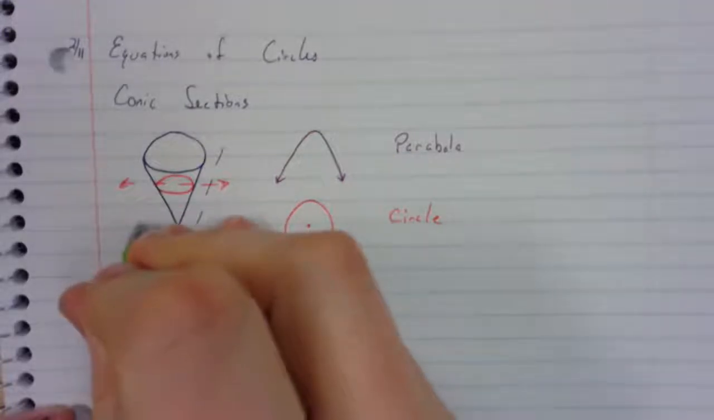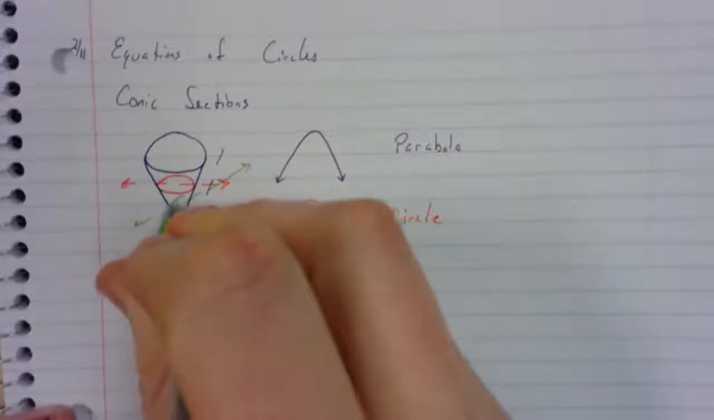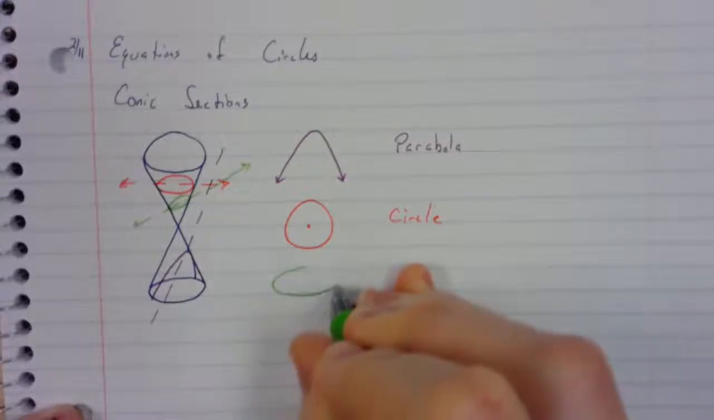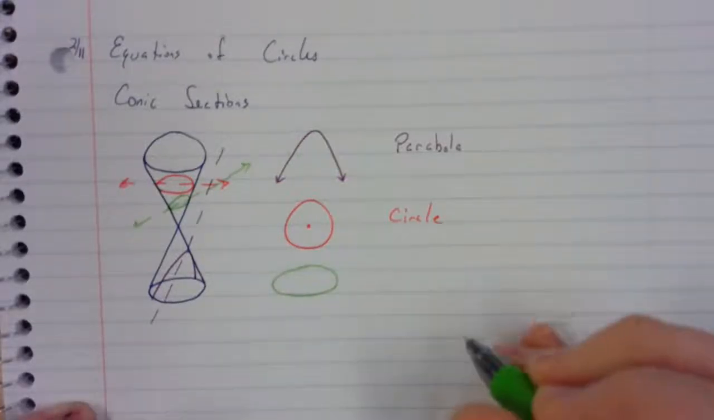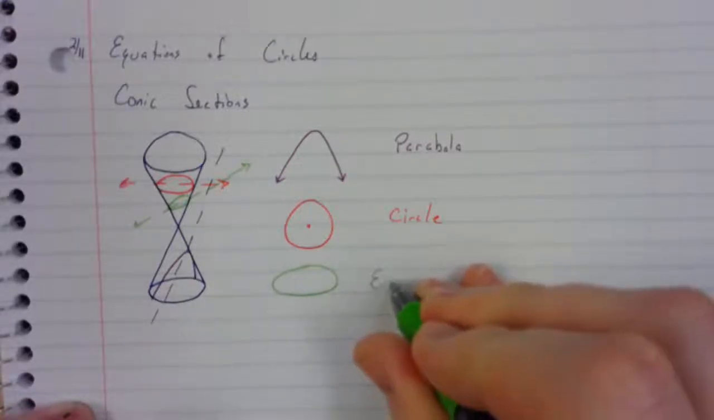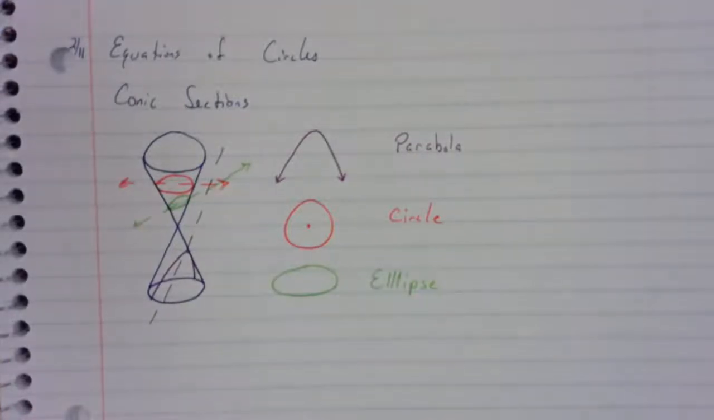If we tilt our cut and slice it this way at an angle, we end up with what we call an ellipse. I'll be honest, I don't know if it's spelled with one L or two, so I just use 3 to be safe. All right, so we can have an ellipse. And then last but not least, if we cut it perpendicular to one of the circle bases,